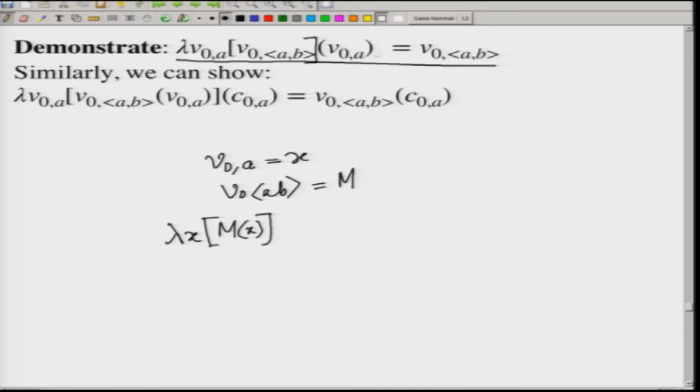So, yeah, this bracket is wrong. In the second expression the bracket is correct. Now this structure can be compared to this one. As I said, v 0 a stands for x. So wherever you have v 0 a here, you have x here, which means it is